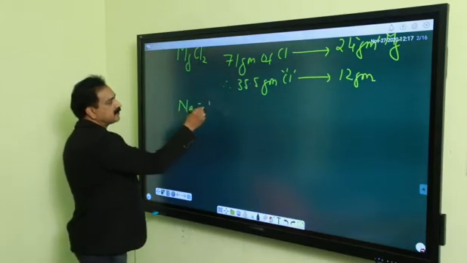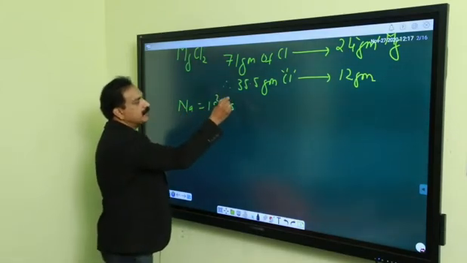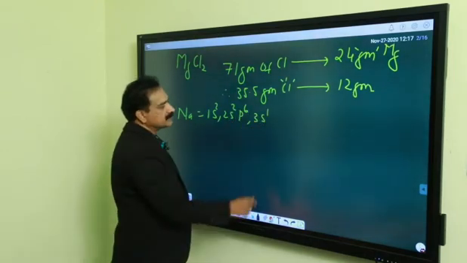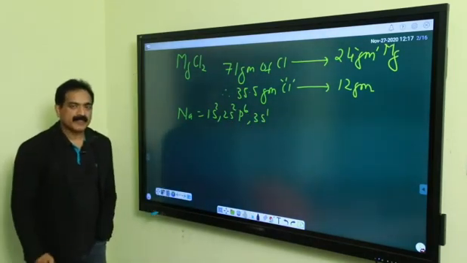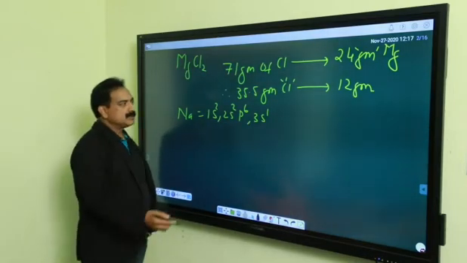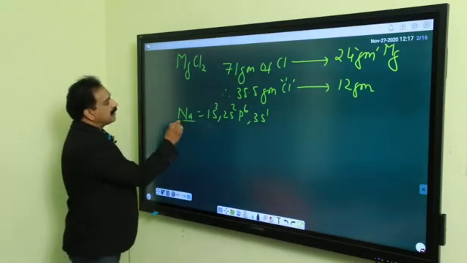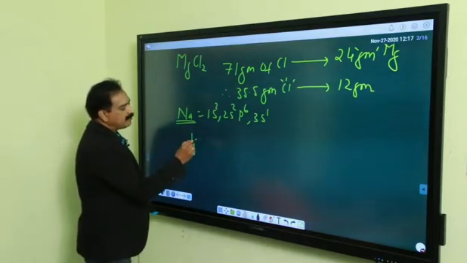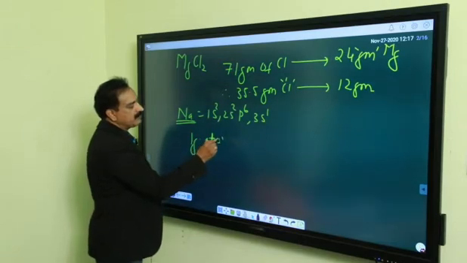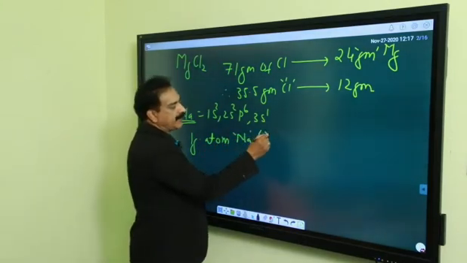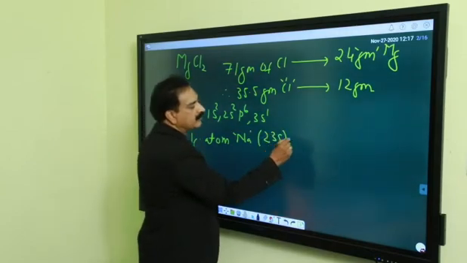What is the configuration? 1s2, 2s2, 2p6 and 3s1. So one atom can lose 1 electron. Therefore, 1 gram atom of sodium, that is 23 grams, will lose